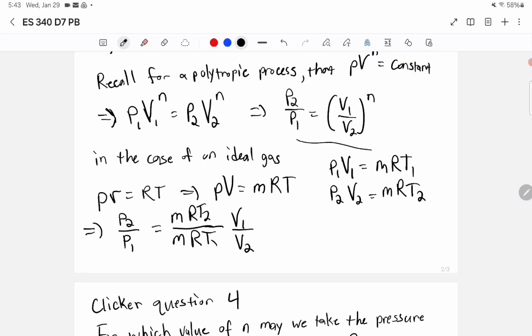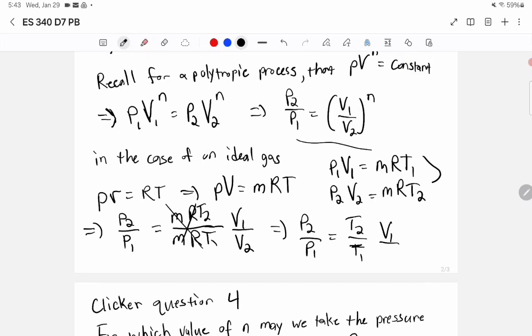Okay, so that comes directly from the relationship here, and we can continue onwards. Obviously, the m's and the R's cancel out, and what we're left with, I'm going to run out of room, so I'll skip past the clicker question, and I'll come back to it in a moment. This means that P2 over P1 is equal to T2 over T1